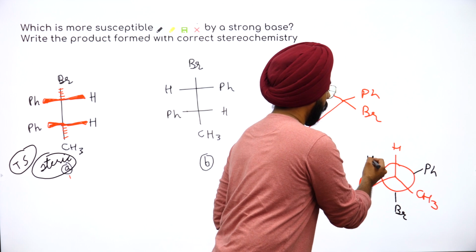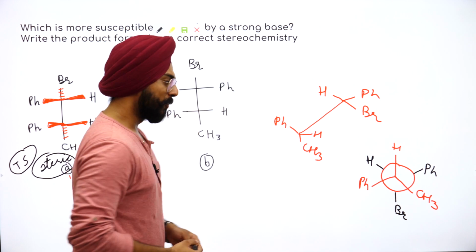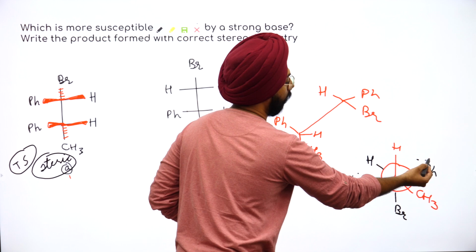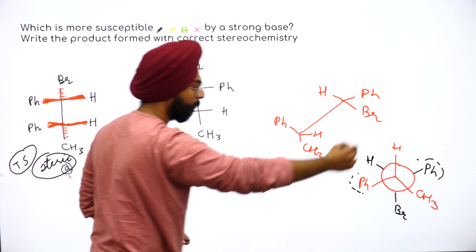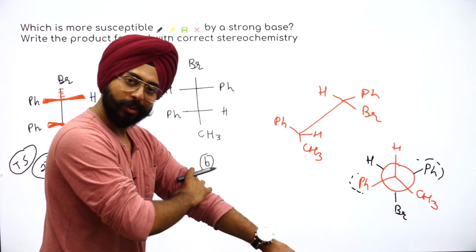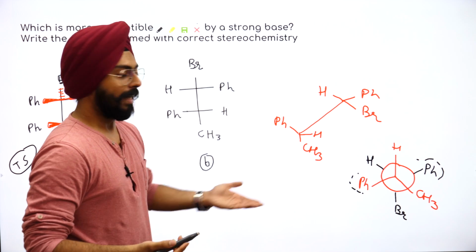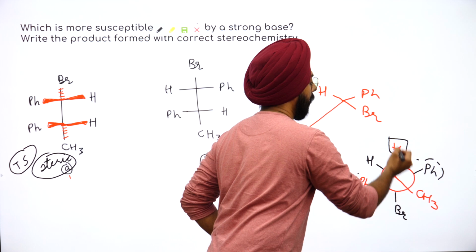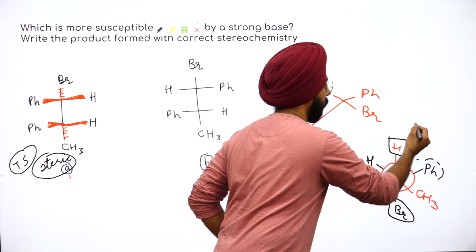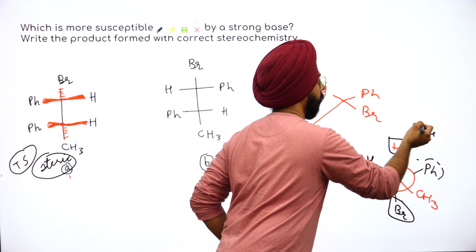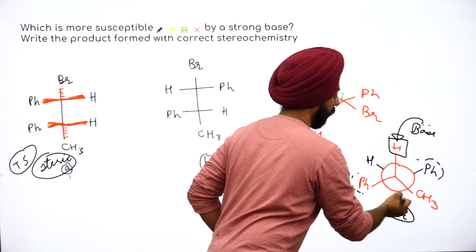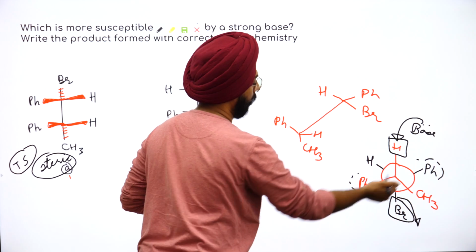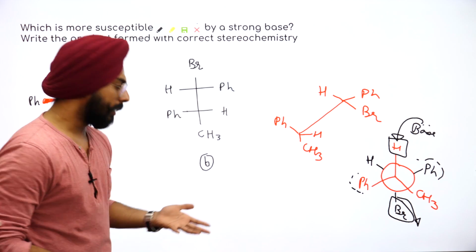Keep it over here. Now people, do you realize there is one benzene over here and there is one benzene over there? जिंदगी सुखी हो गई, जिंदगी सफल हो गई. This has no steric hindrance over here. This hydrogen and this bromine can easily leave. ये base आएगा, इसको लेके चला जाएगा. This bromine can also leave easily, anti-periplanar, and there is no steric hindrance because of the benzene rings.